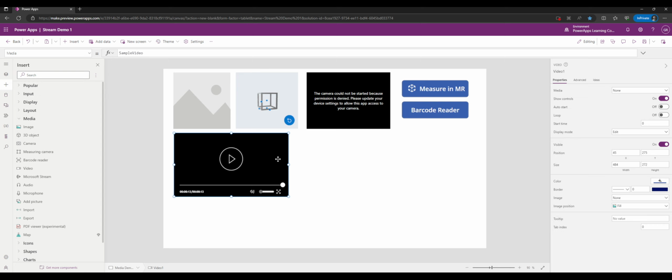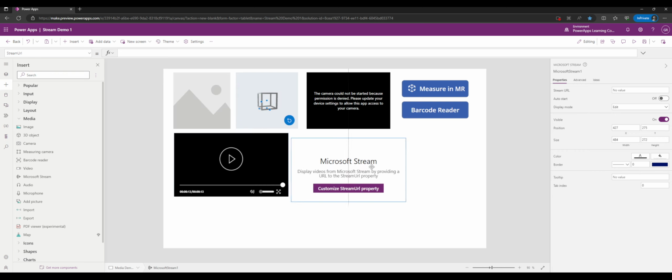Or you could point this control to videos that you have stored in SharePoint Online, for example, is a solution that I've done before. Or there is also the Microsoft Stream control, which is an